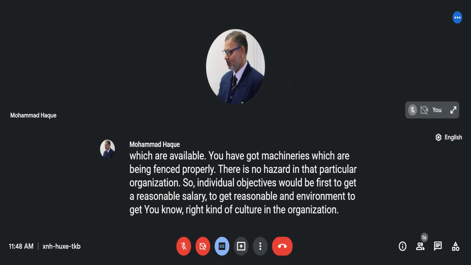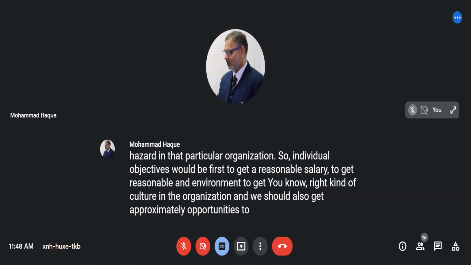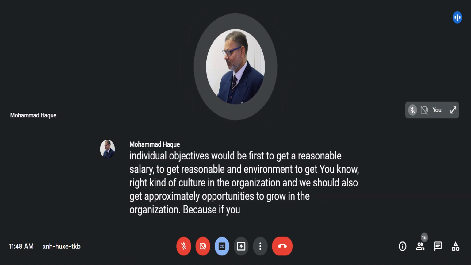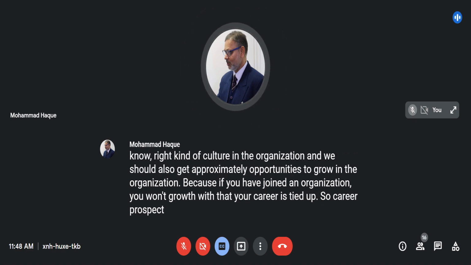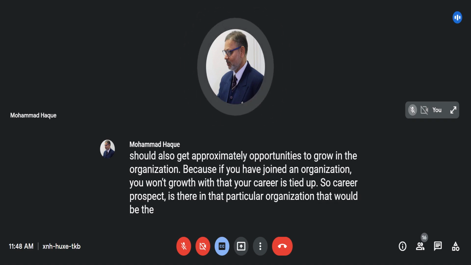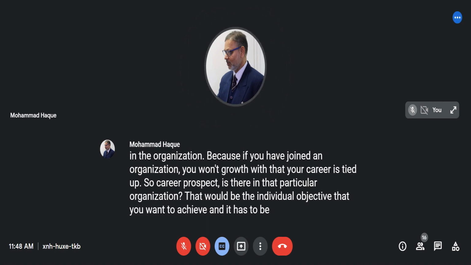in the organization. And we should also get opportunities to grow in the organization. Because if you have joined an organization, you want growth with that, your career is tied up. So career prospect is there in that particular organization. That would be the individual objective that you want to achieve, and it has to be taken care of by